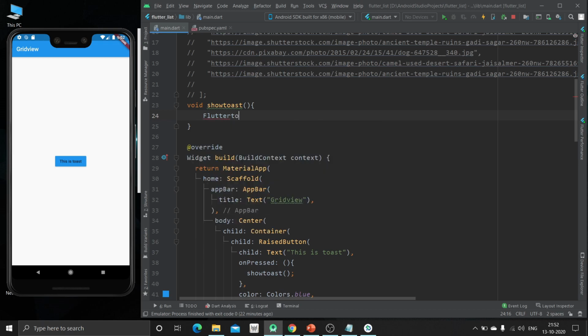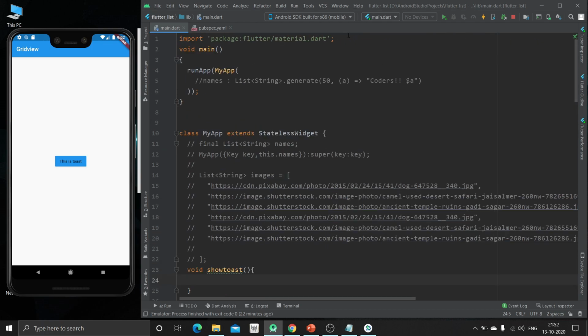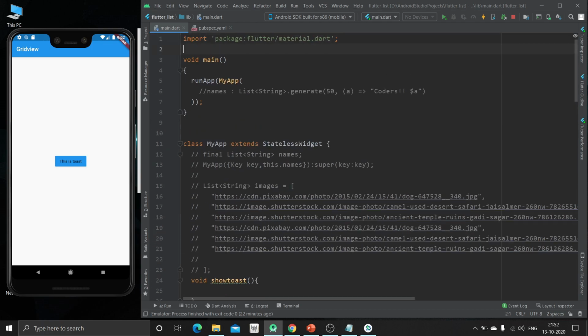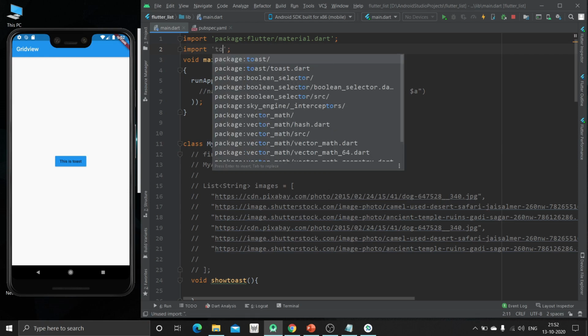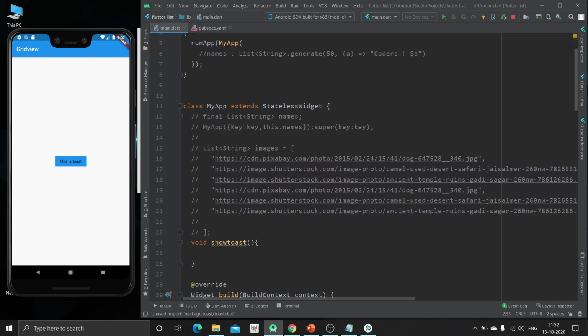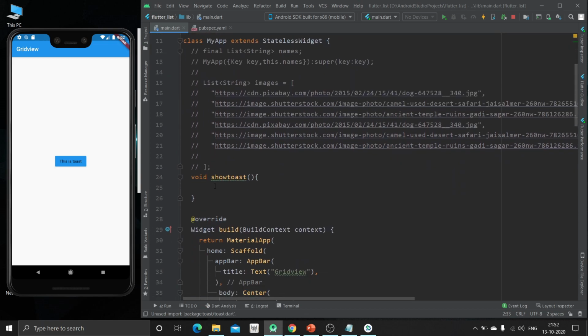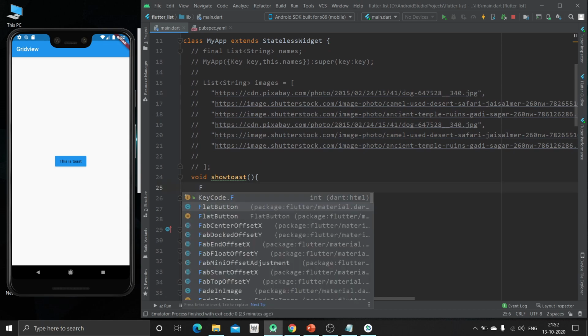Now for this, first of all we have to get the package of toast, that is, import. We are having this toast. Now we can see what properties are provided by this.